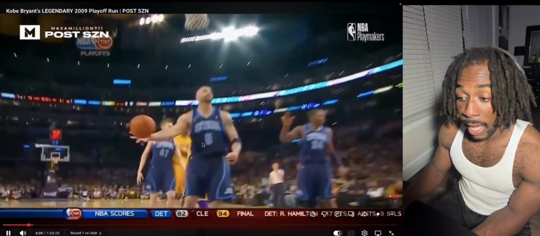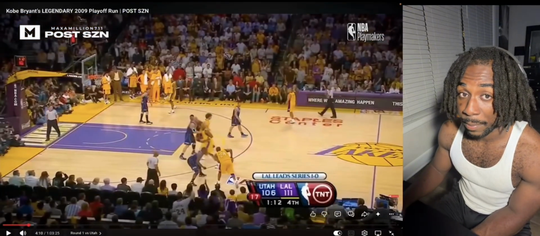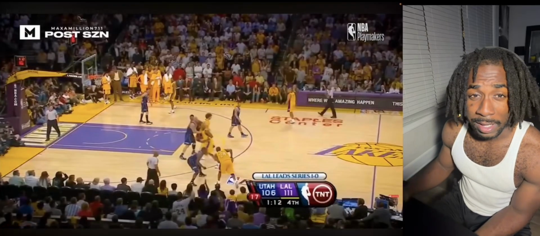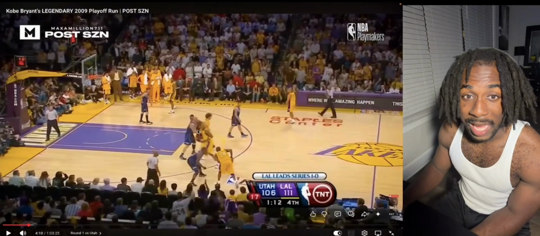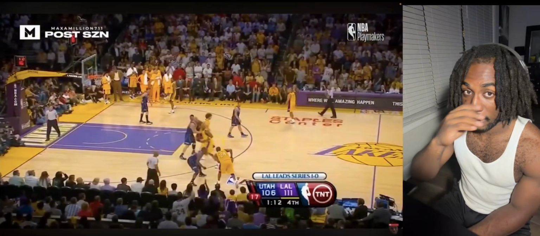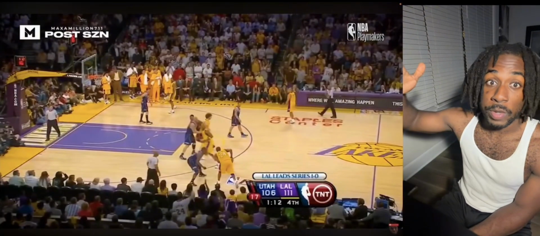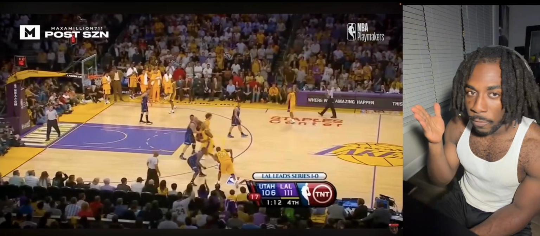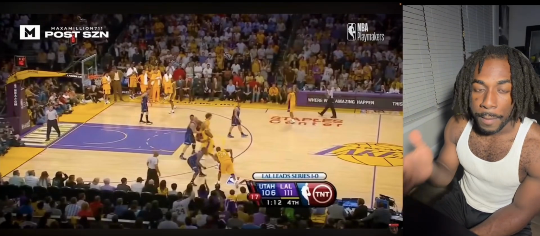Now, one thing you can take from that is contact, playing through contact. Y'all be saying all this fouls and stuff like that. That's weak. You should not be playing for the foul. You should be actually playing through the contact. Play for the score. If you get an and one, cool. If you get a foul call, cool. But you're not playing for the foul. No. Play through the contact.